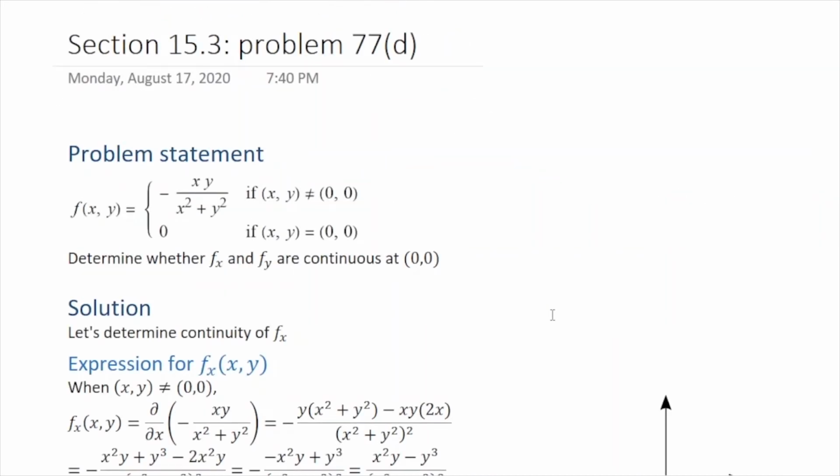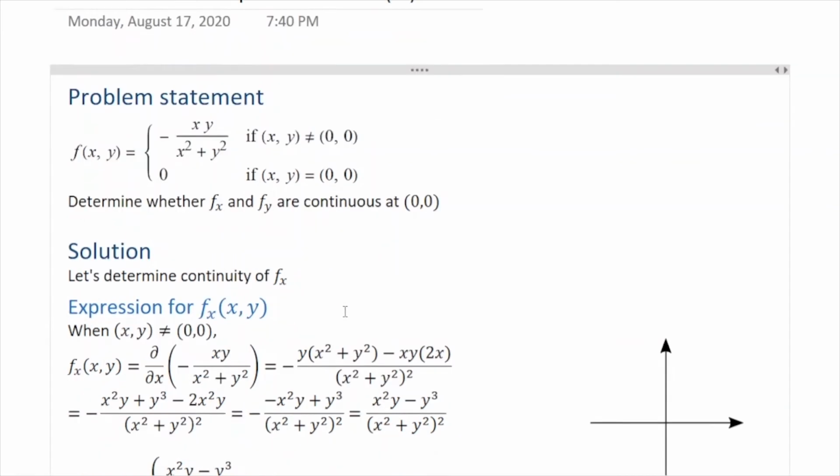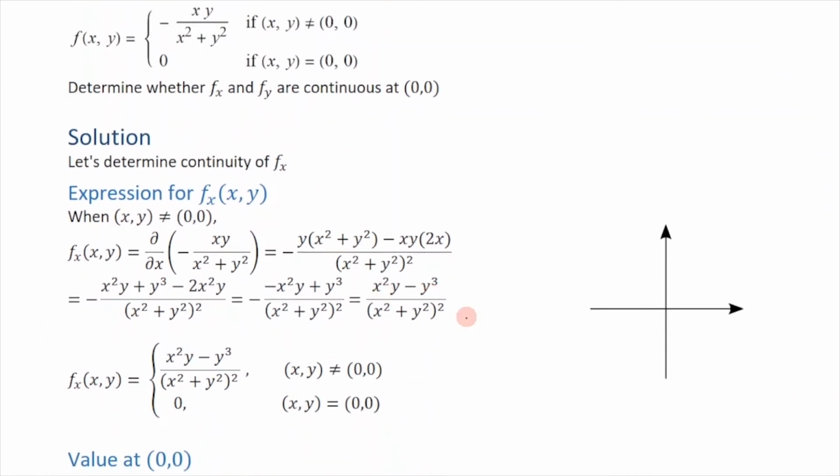In part D, you're asked to determine whether fx and fy are continuous at 0, 0. I'm only going to actually focus on fx, and the fy logic is really similar. First thing we'll do is try to figure out what this fx is, because we've only found out that fx at 0, 0 equals 0, but we have no idea what happens around 0. So for points that are not at 0, 0, so for points away from this point, so somewhere, say here,